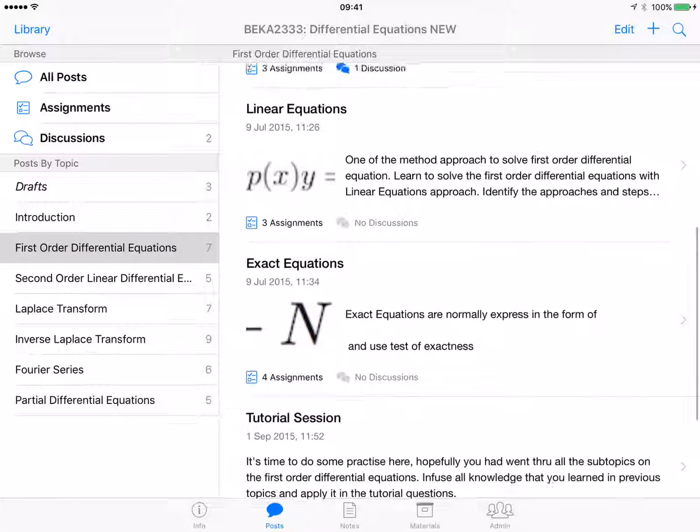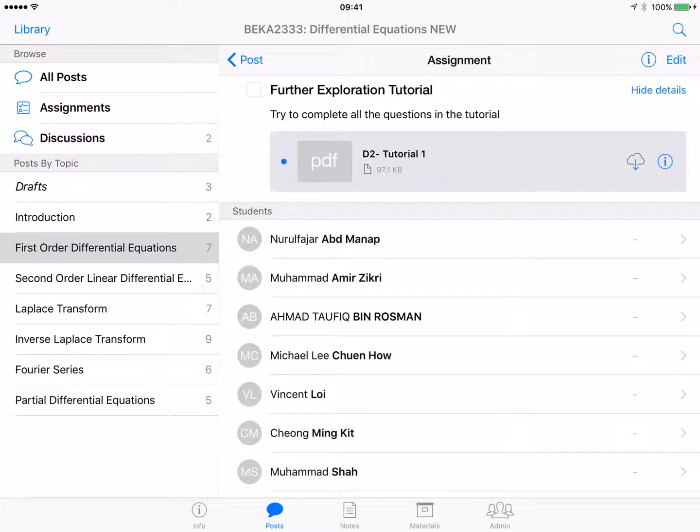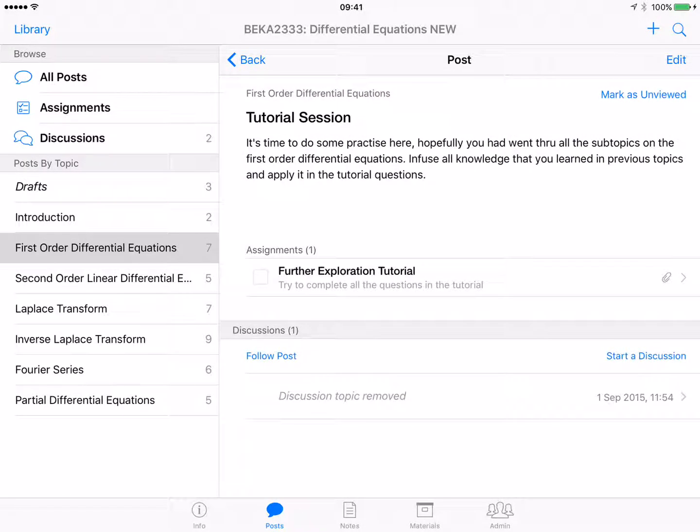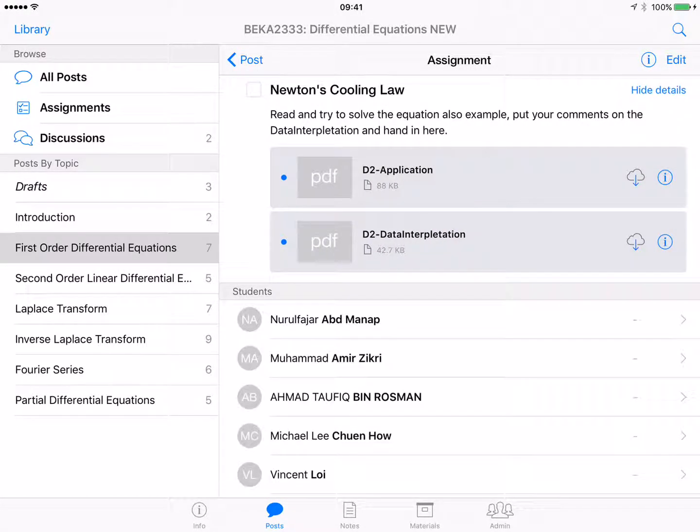So let's say once they have gone through that, they can go to the tutorial section. In the tutorial section here, they can do more advanced techniques, like practice. So I provide the tutorial for them to practice. Of course, in the meanwhile, I do some applications, because I want them to connect with the things they learn. So let's say this is an application like Newton's law of cooling. I ask them to read some examples, the application, and then how they interpret the data. So they can download the PDF first and try to read it first,